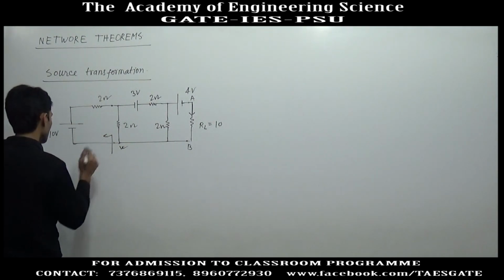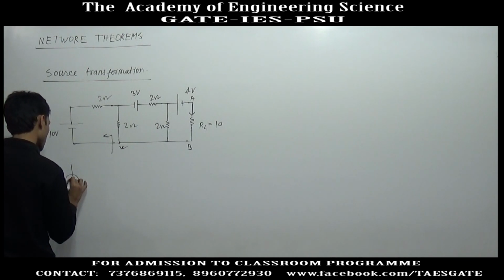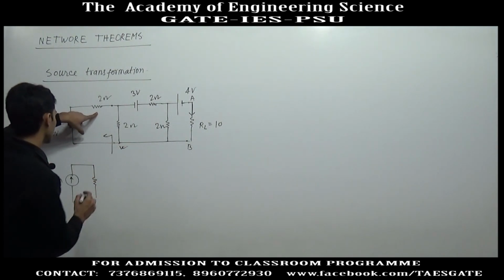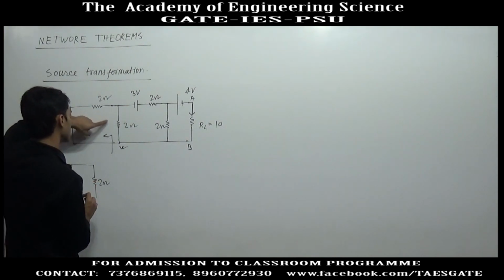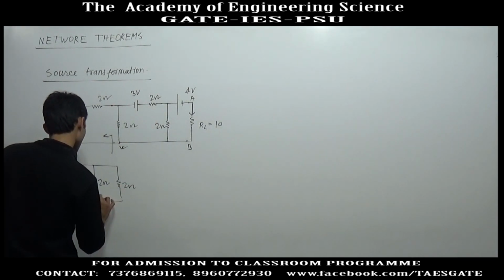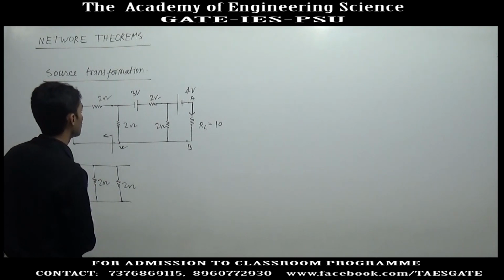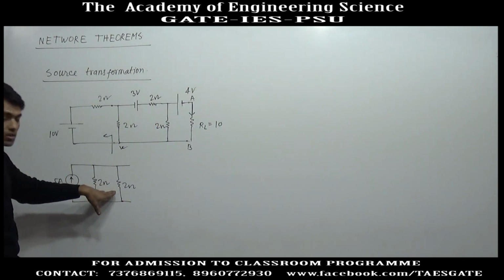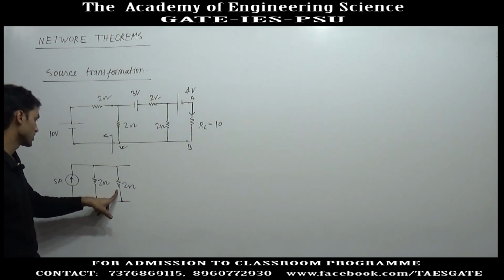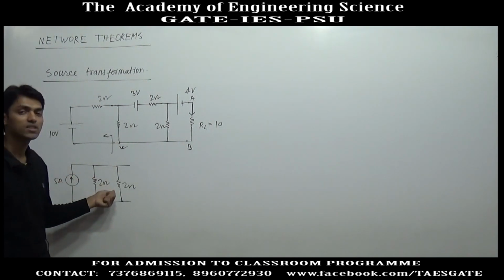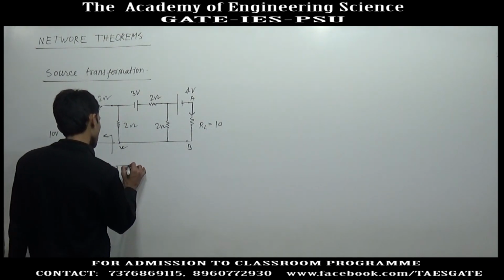Then again the current will be 5 ampere, 2 ohm resistance is connected in parallel. For this 2 ohm I am connecting a 2 ohm resistance here. This is another 2 ohm resistance, and now here will be 3 volt and the rest circuit. Now these are in parallel, so this will make 1 ohm resistance. Again the 5 ampere current source is in parallel with 1 ohm resistance, so this can be transformed as,